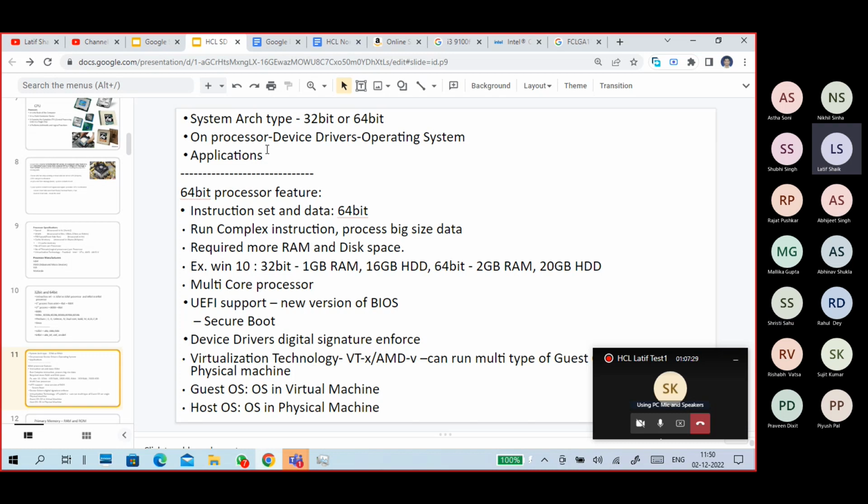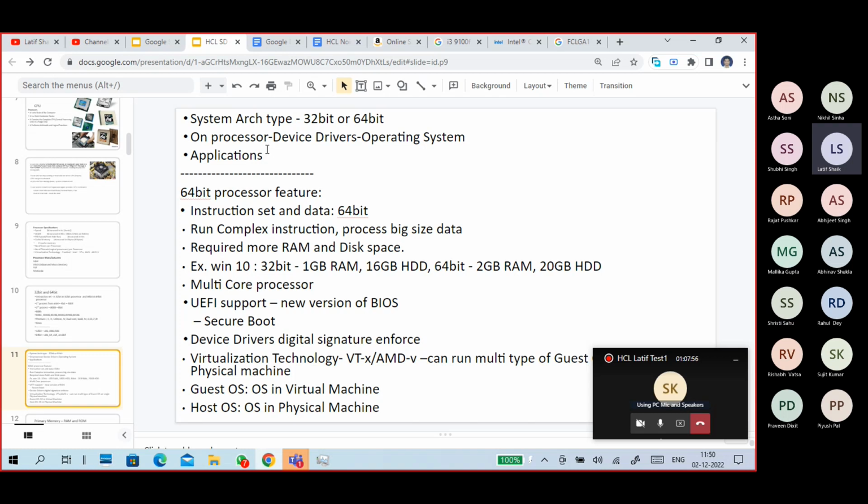Advantage of this one, what is instruction set, guys? We'll give a task by using certain instructions. Compared to 32-bit, 64-bit has a bigger size of instruction set and data set. So we can give more complex instructions and process big size data, but we require more